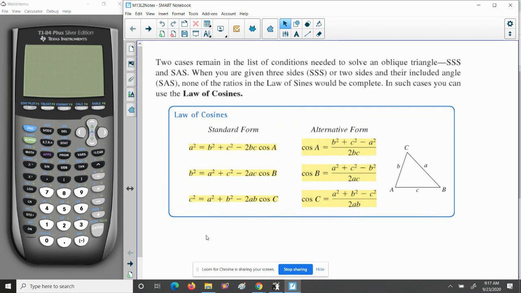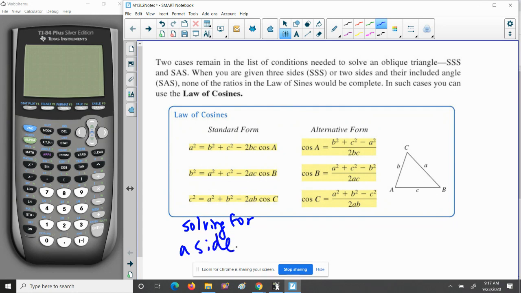This standard form you want to use when you are solving for a side. Notice that it has the sides by themselves over here to the left. So again, that's for when you're solving for a side. Notice on the next one, the angles are by themselves on the left. The cosine of the angle is on the left. So we want to use these when we are solving for an angle,